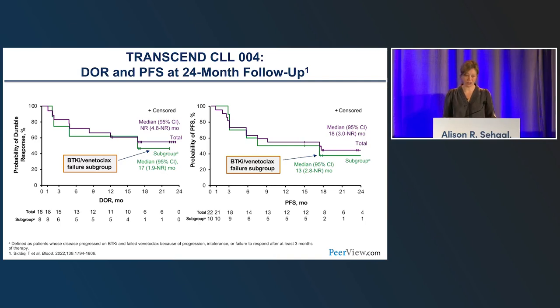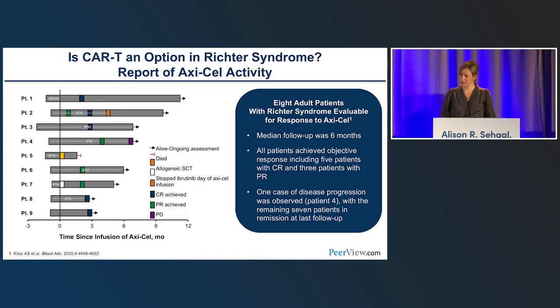However, I wanted to draw your attention to the subgroup that was patients that had failed both BTK inhibitors, which was a part of the eligibility, but also had failed venetoclax, and I think there were 8 patients in that subgroup. We can see that this high-risk subgroup did quite well, similar to the total group. So that is very early data published earlier this year by Dr. Siddiqui,